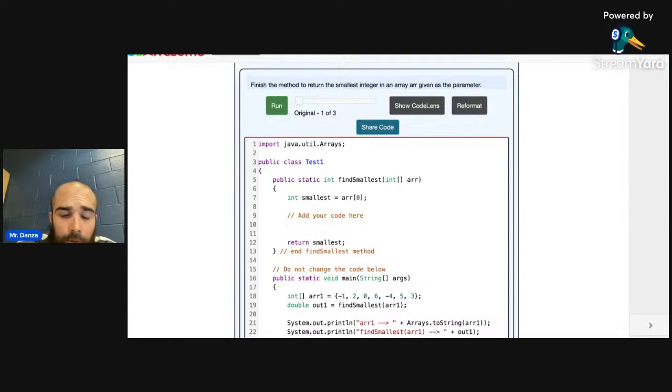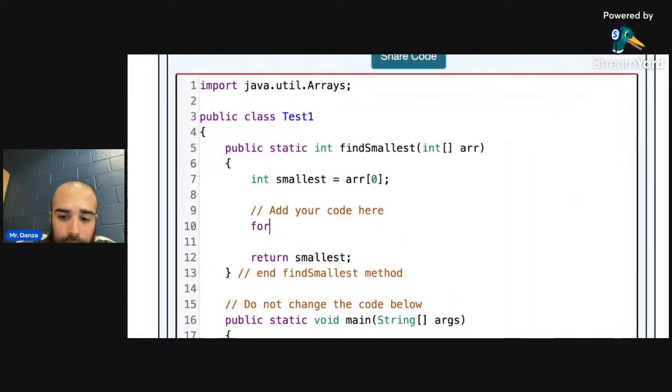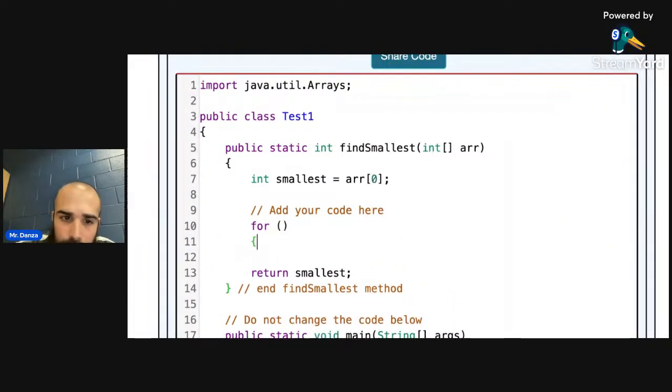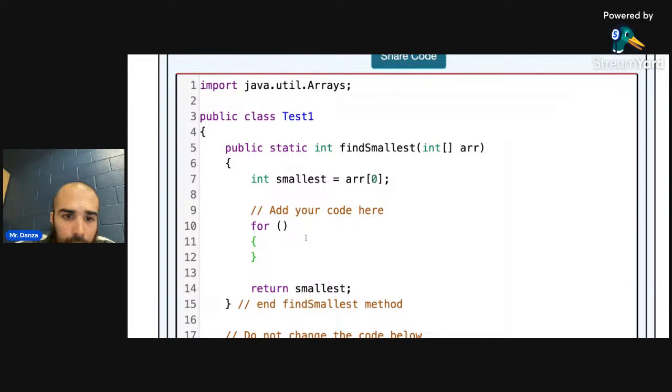So we want to loop through and we want to find whatever the smallest one is. So I can use a for each here. And in here, I'll say for int num in array,